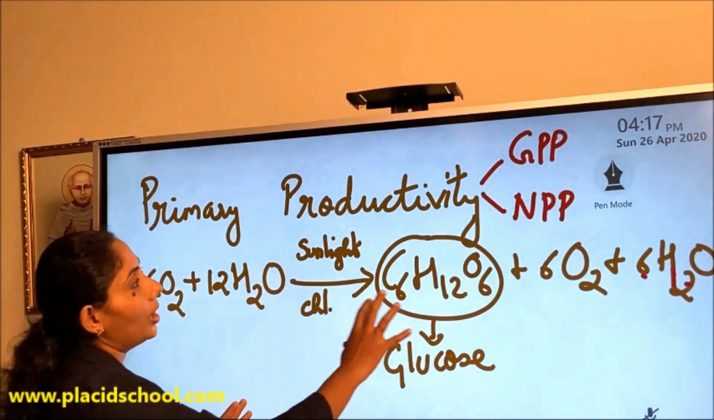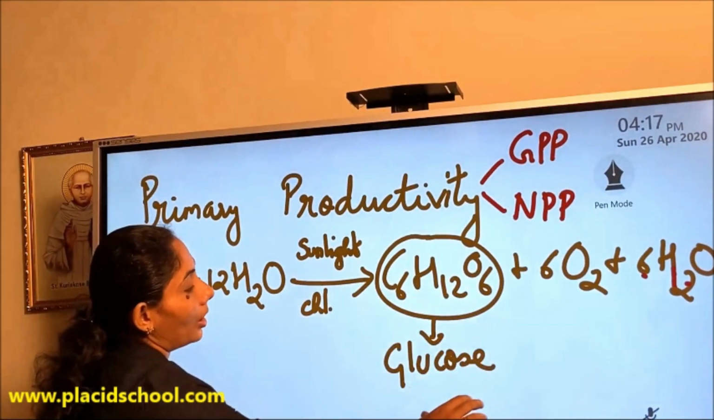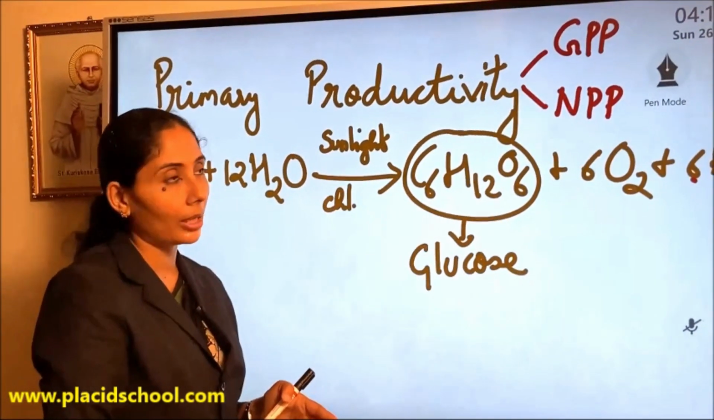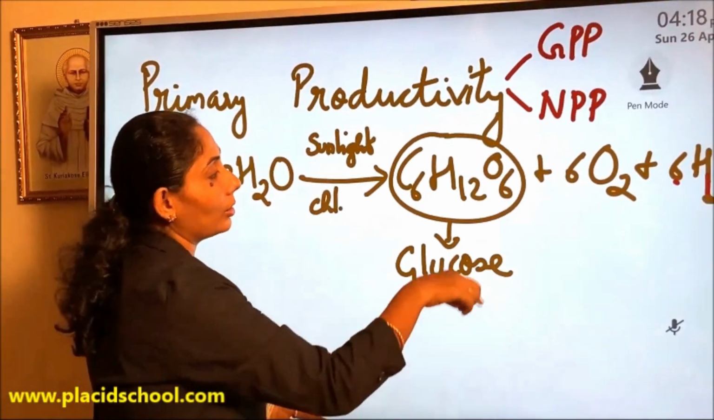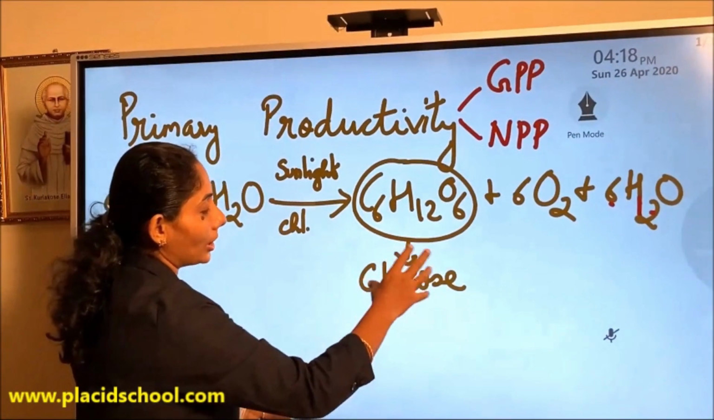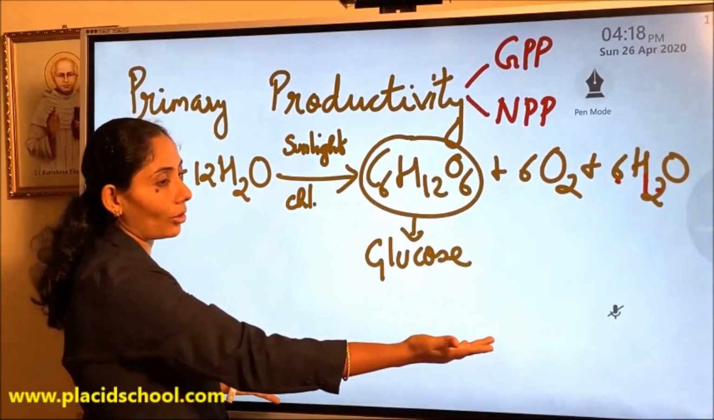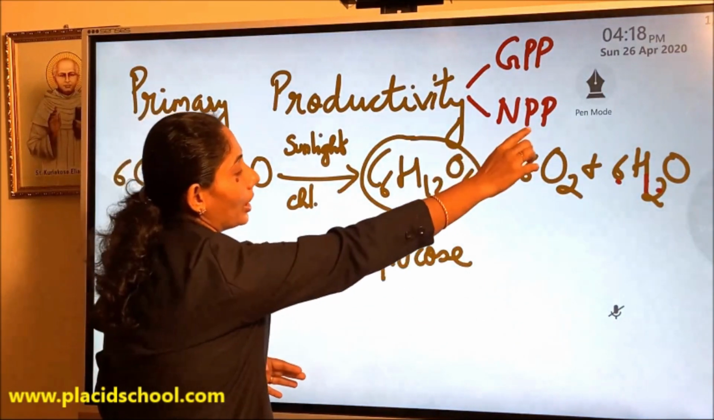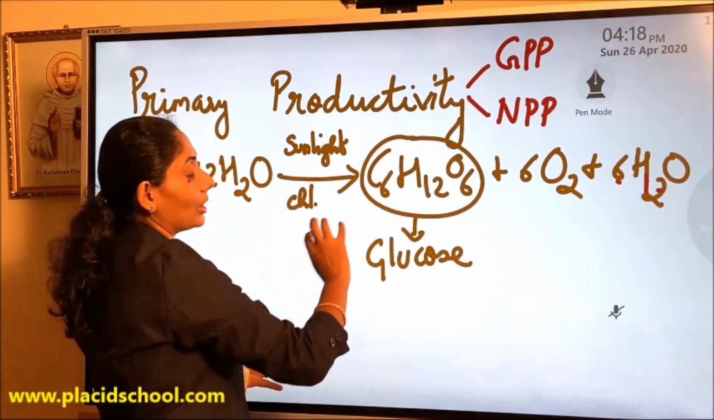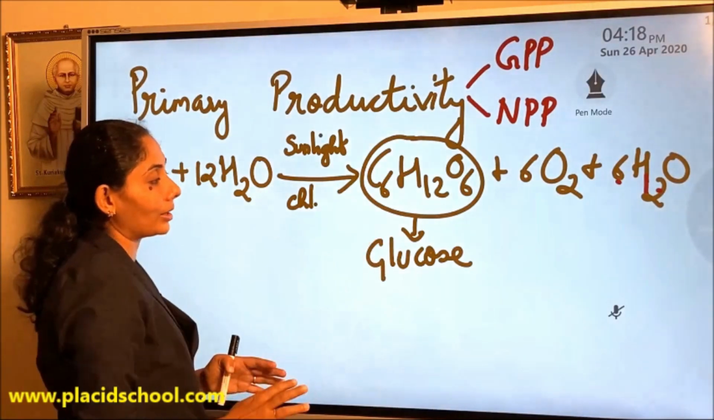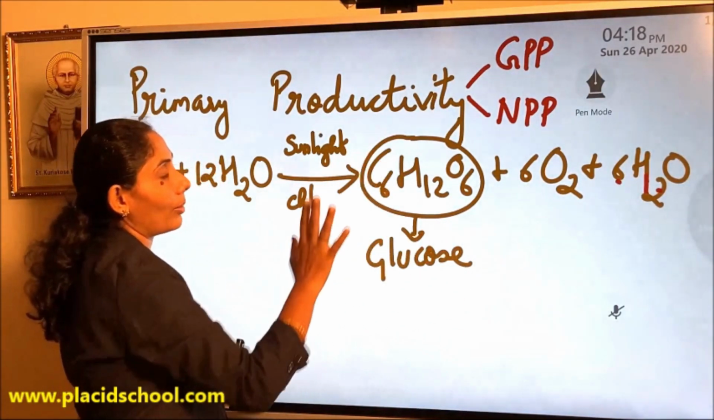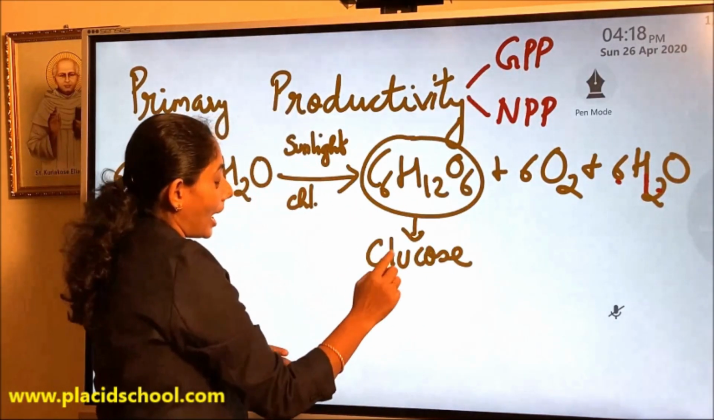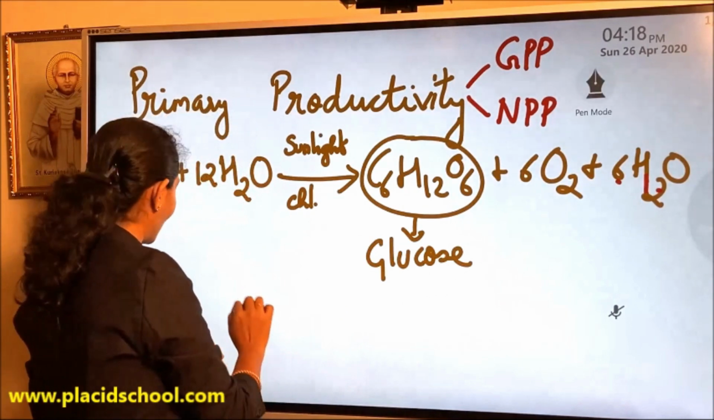So whatever glucose the plant produces is referred to as its gross primary productivity. But all of this glucose will not be transferred to the next organism, so we can't call it the net primary productivity. The gross primary productivity means the total amount of organic matter that a plant synthesizes. Now see, for example, when this plant